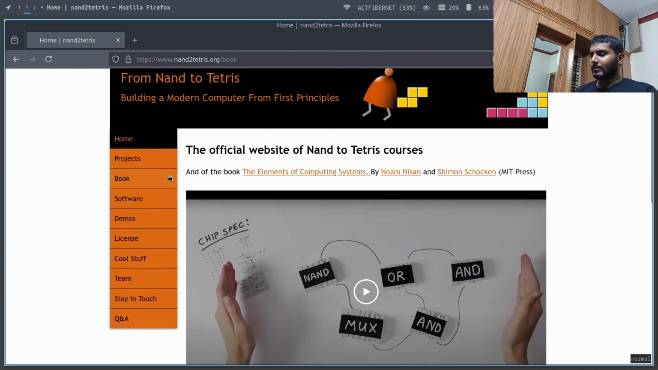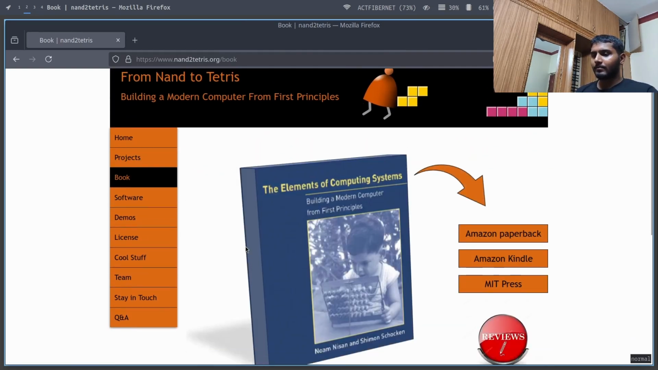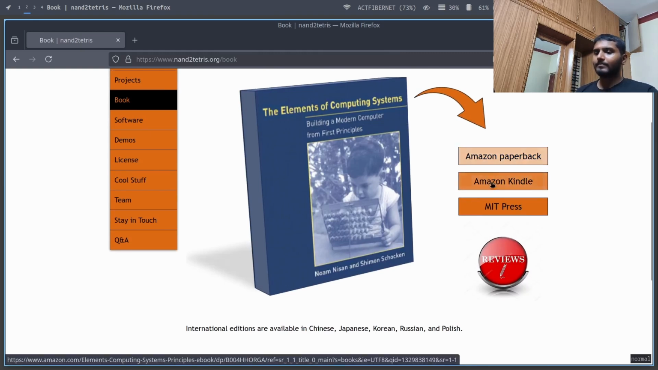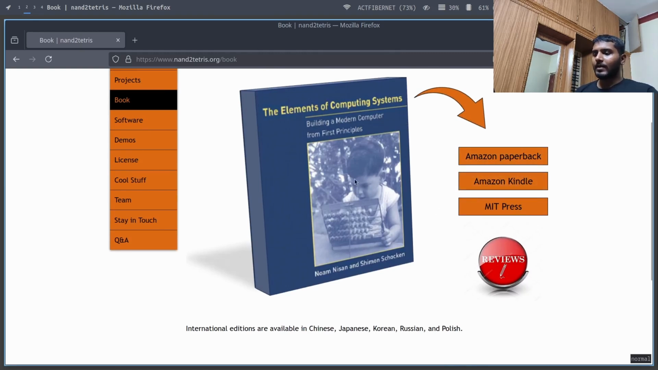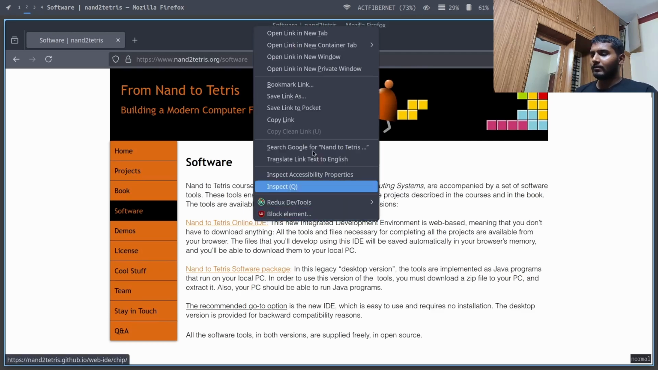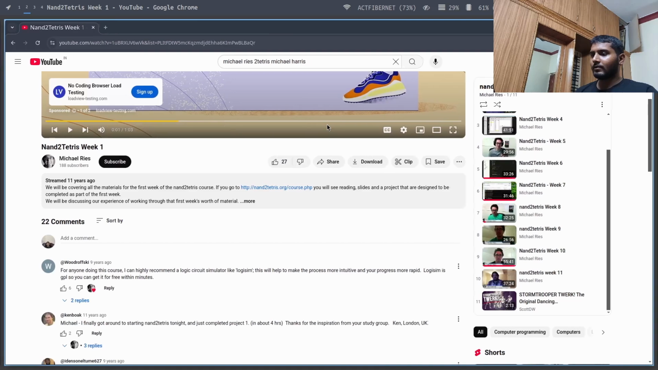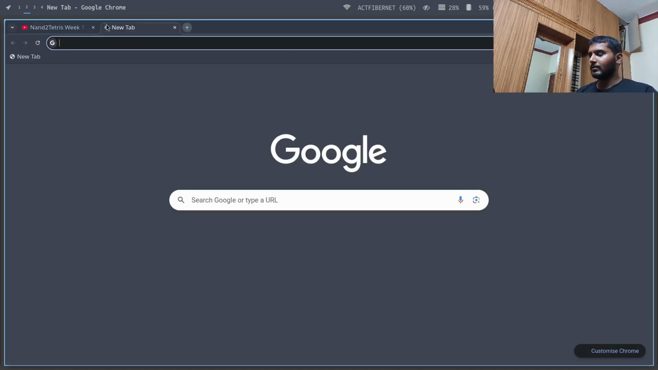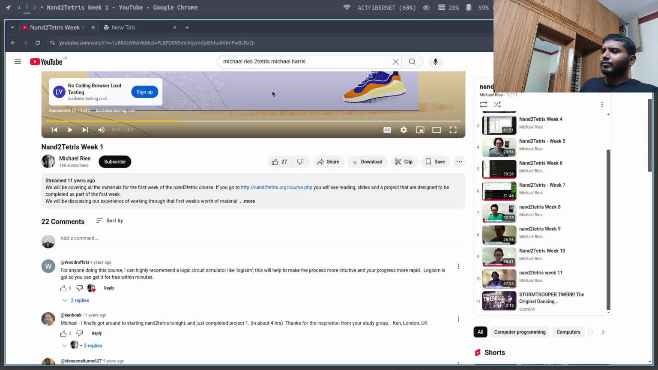And here's the book. Click on the book. There are links to buy them. I would recommend the book is really good. Take the book and read along and solve the projects. And then there comes the software. So one has the IDE. Let me copy that link, and for this purpose I need to introduce one more